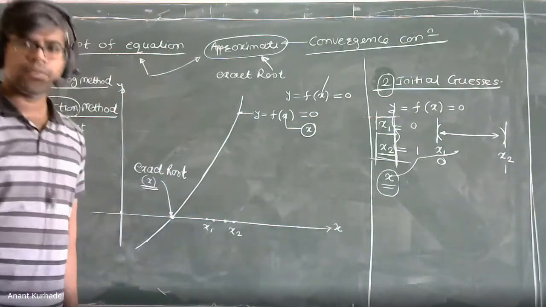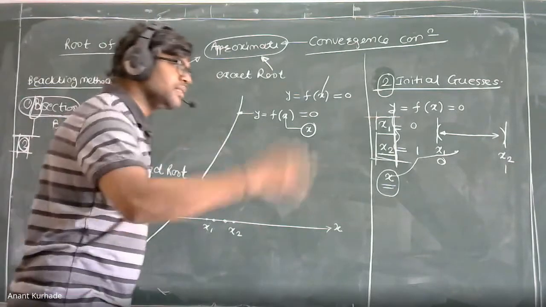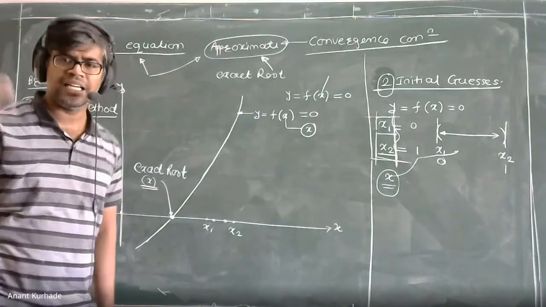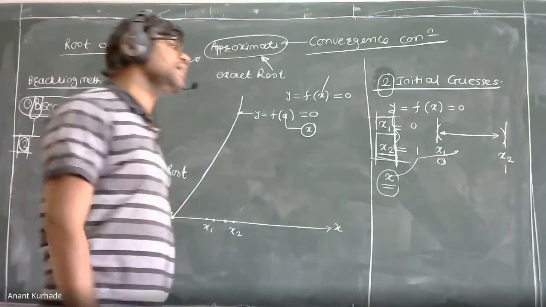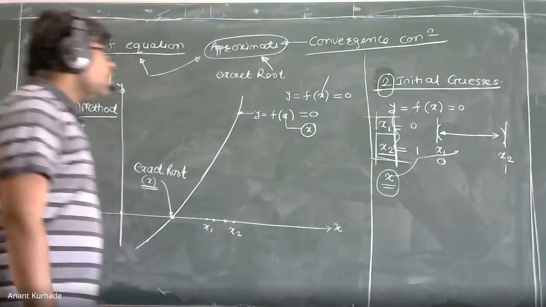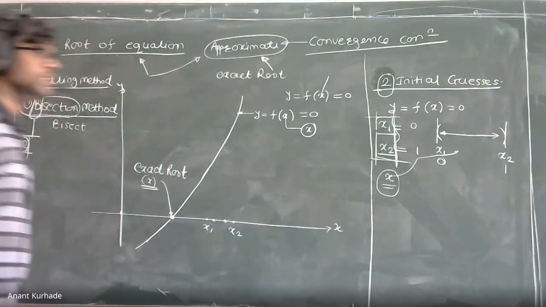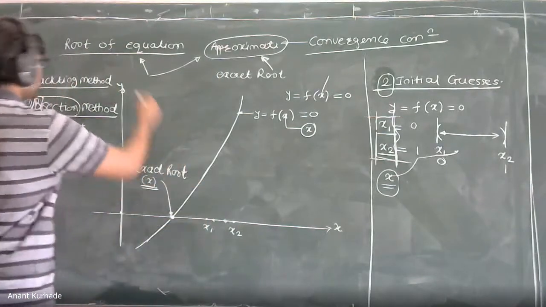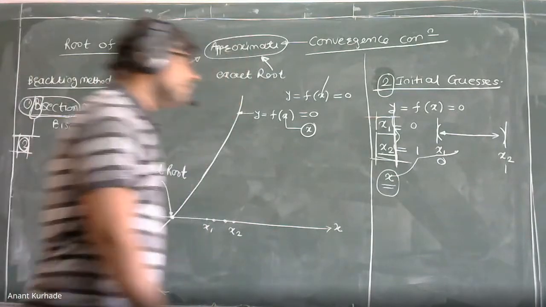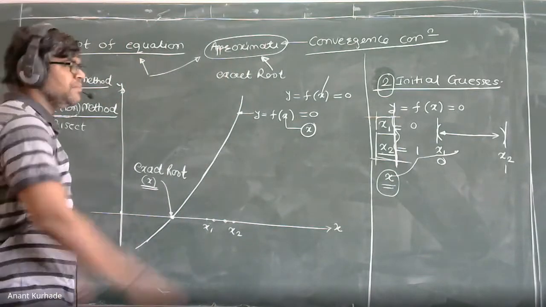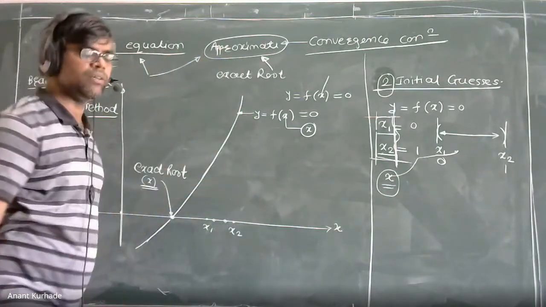But now see, equations having power say 1000 or power 50, 100, 500, or equations having exponential, logarithmic, trigonometric forms, then we cannot find the exact solution. So why are these approximate methods required? For those bigger equations having trigonometric or logarithmic terms, we can use these approximate methods for the roots of equations.